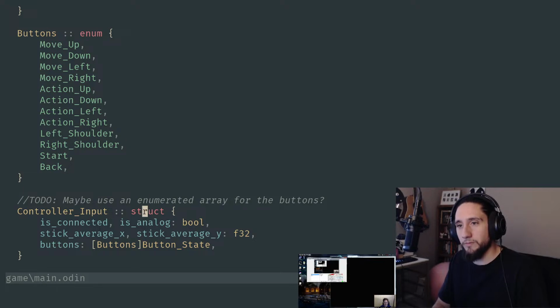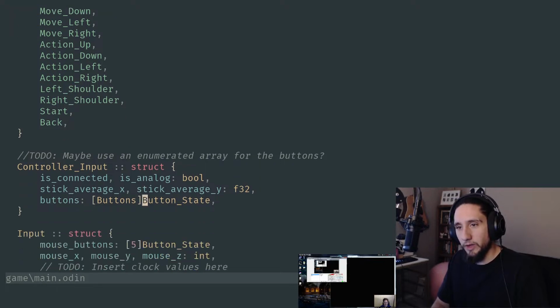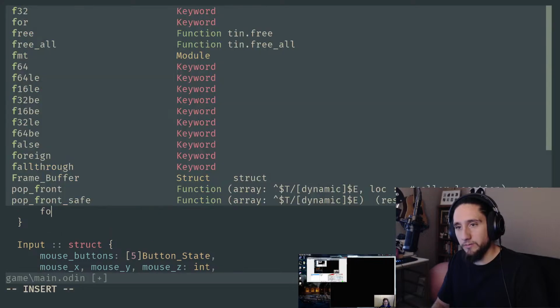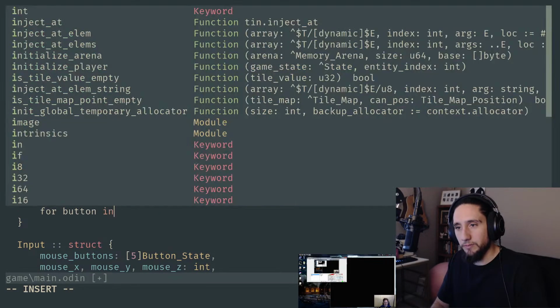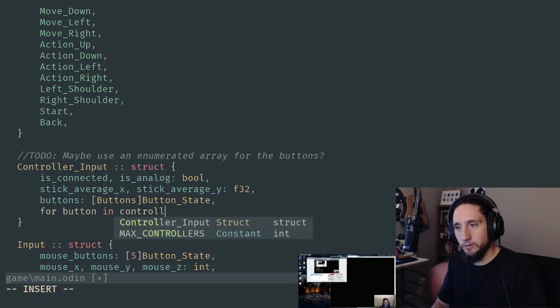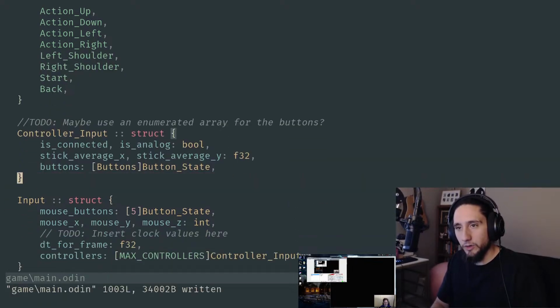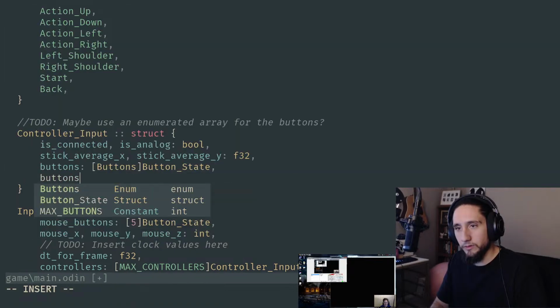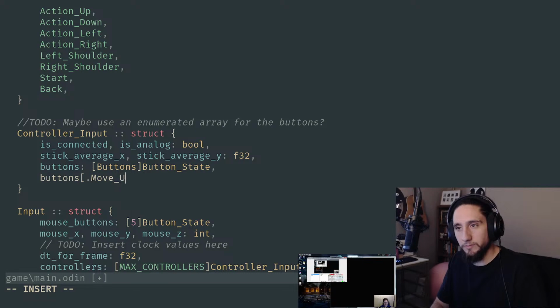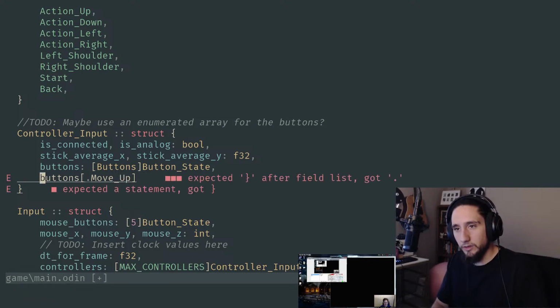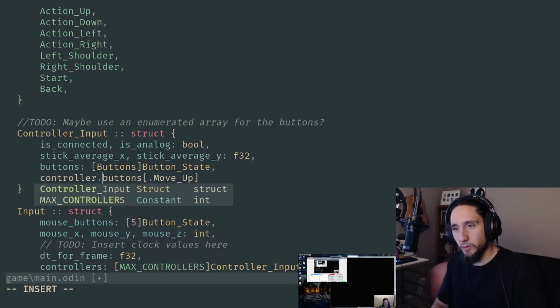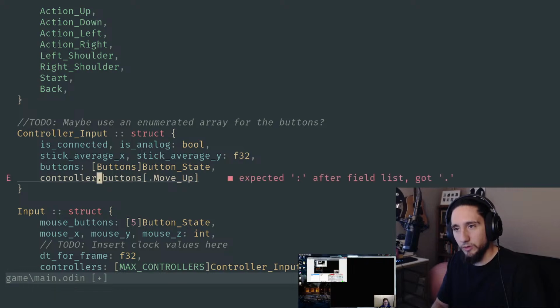But it also works as an array, right? So now I could do the same thing, for button in controller dot buttons. But I could also access them individually with this syntax here, like so. And that also makes it a little clearer what's going on when you access it off the controller. You know, look at the buttons and give me that,